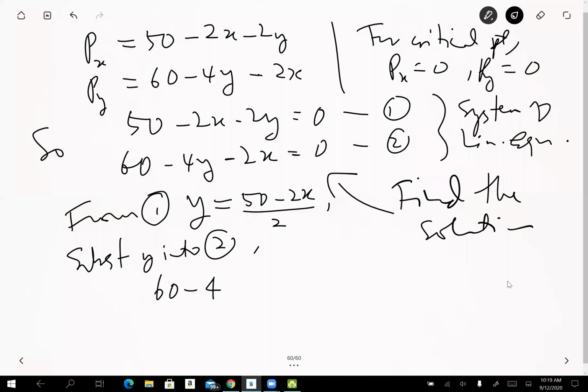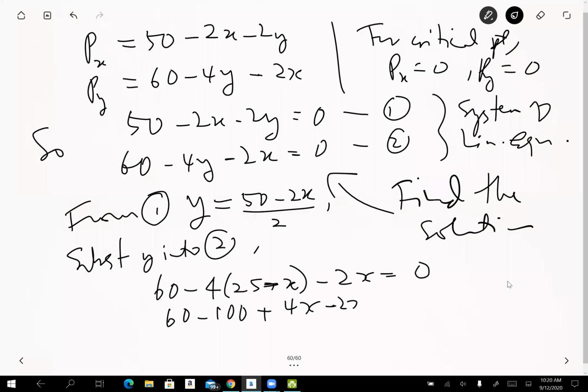I think it's quite simple. The function is not tricky. So you got 25 minus x, minus 2x equal 0. Is that right? You got that? And then you simplify this thing. Here you got 60 minus 100 plus 4x minus 2x equal 0. Then you got 2x